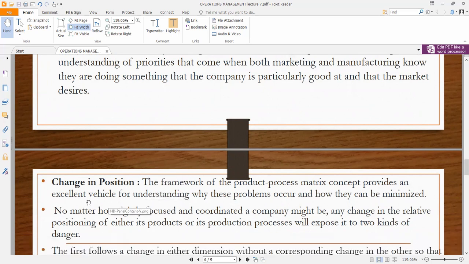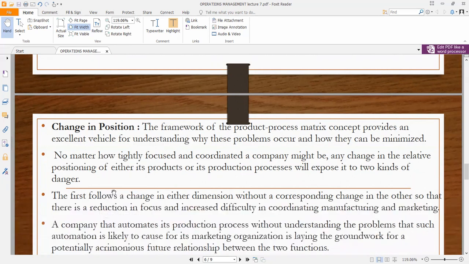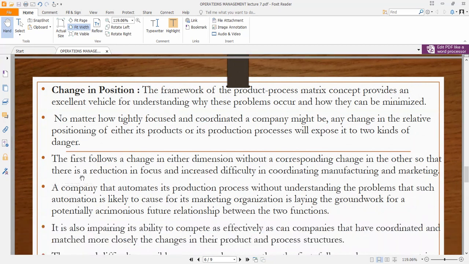Okay, now one of the problems we're also talking about is change in position. Now the framework of the product-process matrix concepts provides an excellent vehicle for understanding why these problems occur and how they can be minimized. So no matter how tightly focused and coordinated a company may be, any change in the relative position of either its product or its production process will expose it to two kinds of danger. Okay, the first follows a change in either dimension